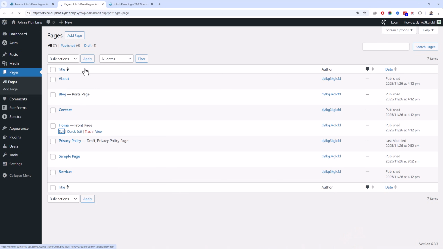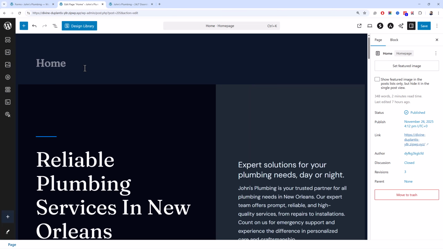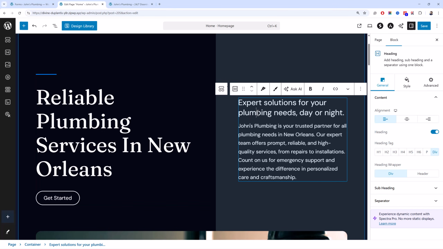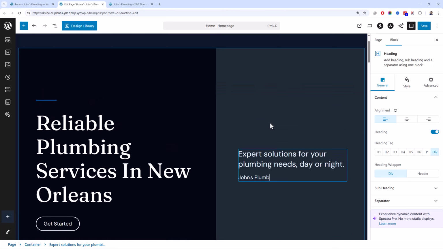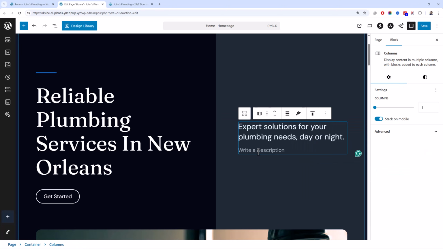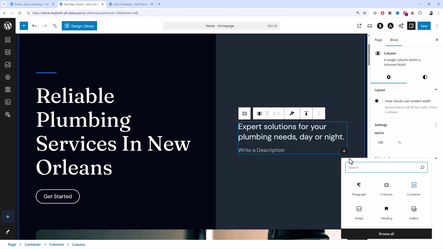I'll edit the page. It is also built using Gutenberg or the block editor of WordPress, and I want to display the form over here. Remove the text, and I transform this block to columns, and I'll add in a new block.